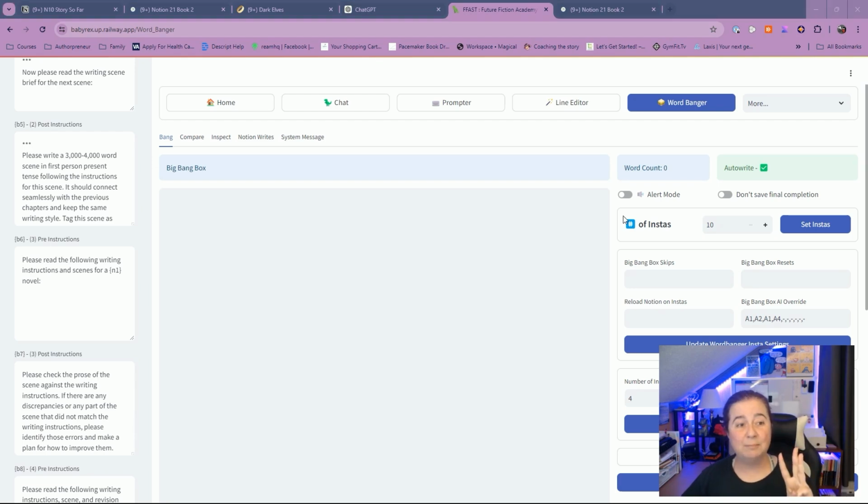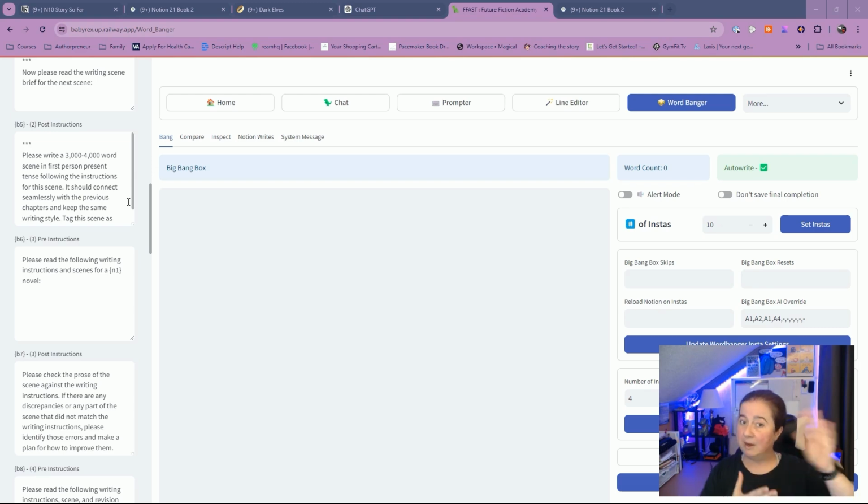And the next prompt, number three, is to edit that scene. So it sees the writing instructions, and it sees the scene that it just wrote. It says, take a look at this scene we just wrote and compare it against the writing instructions. Make sure all the information is in that scene, as in you didn't make anything up or leave anything out. And then look at ways you can improve the characterization and the dialogue. I give it a list of things to look for. Again, for this I use GPT-4o, and I have it make a plan on how to revise the scene to make it stronger and better.